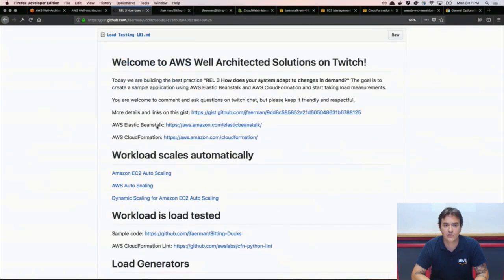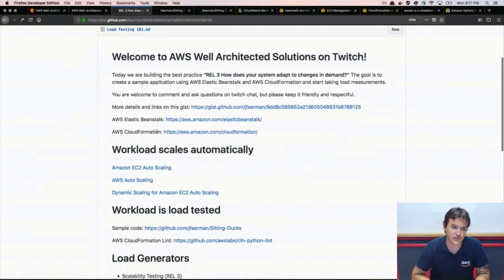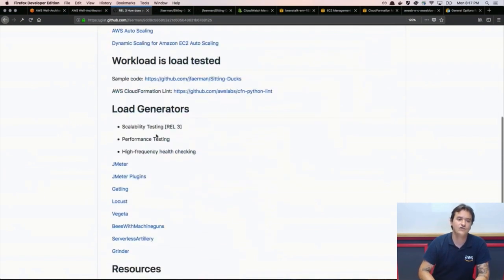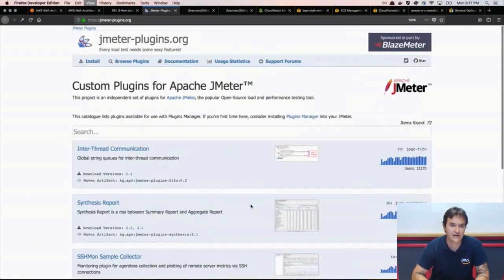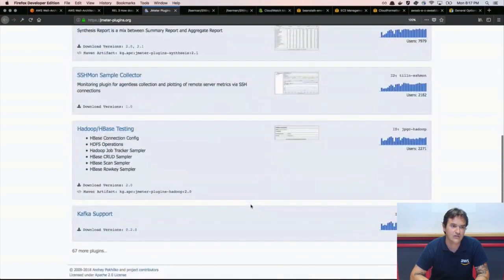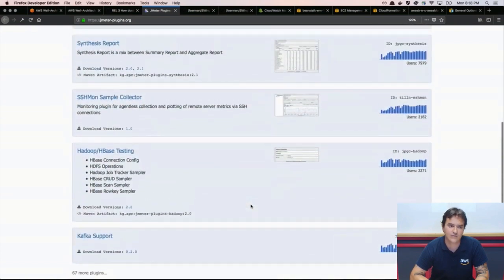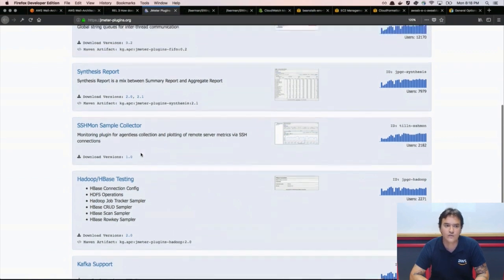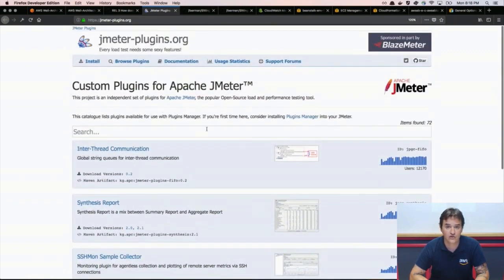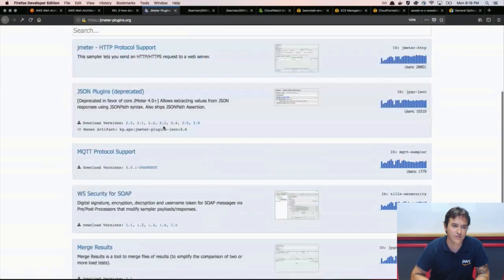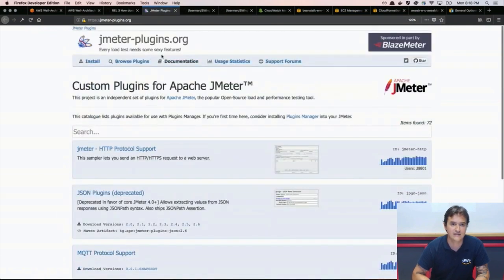As it's a very popular and traditional Java tool, you have all sorts of plugins. And here in JMeter plugins, it's a very cool website with everything related to other types of tests. So if you want to test Hadoop, SSH, or other types of reports, there's all sorts of plugins that you can install and check. One that's really popular is the